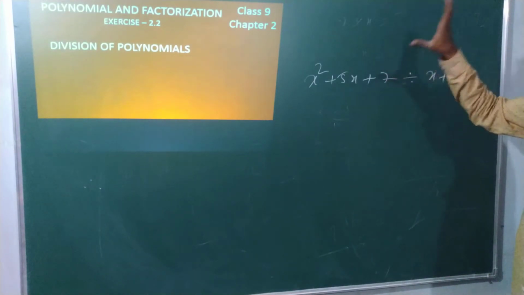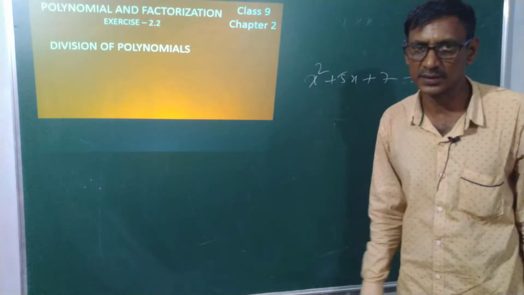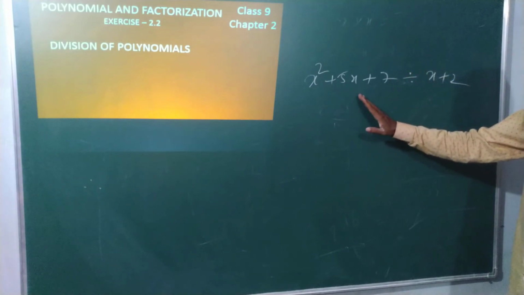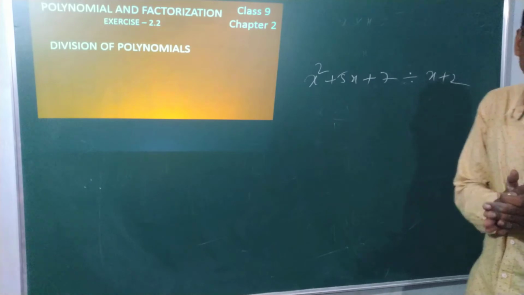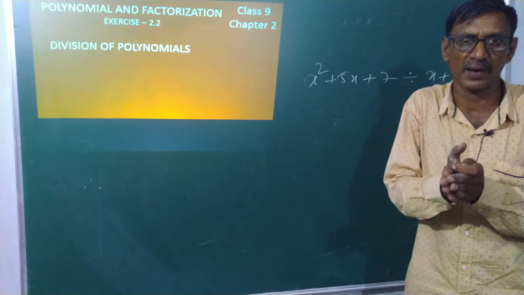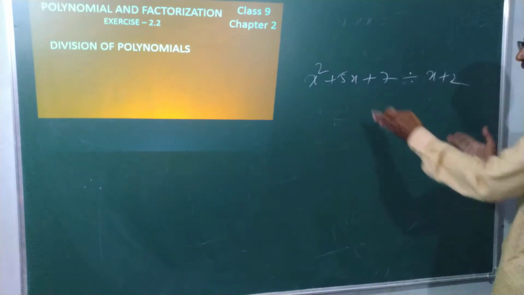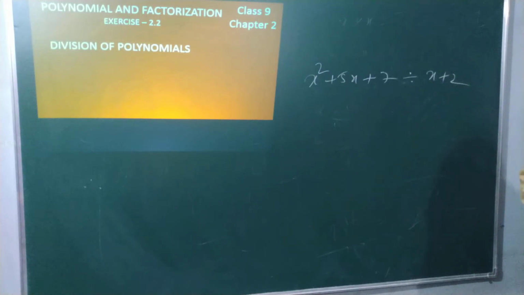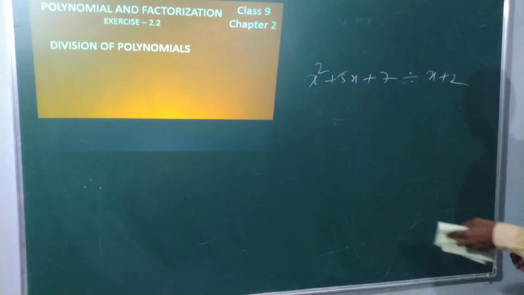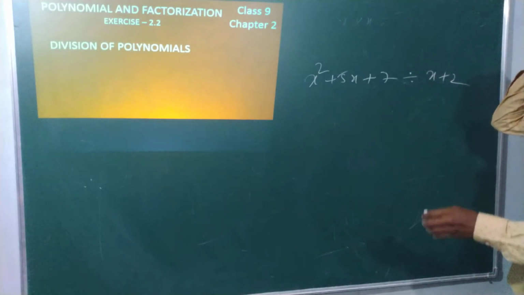This helps us to study the remainder theorem in polynomials. So this one we have to divide with this one. We get some remainder and some coefficients. Sometimes the remainder may be 0, sometimes we get something. Whatever it is depends upon the given problem. So now we'll start with the division, some basic steps. Everybody knows.